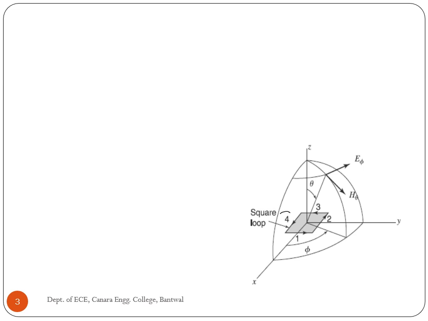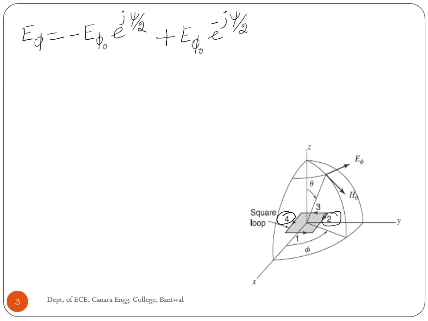Since the individual small dipoles 2 and 4 are non-directional in the YZ plane, the field pattern of the loop in the plane is E phi is equal to minus the electric field of dipole 2 plus the field of dipole 4 with phase e to the power minus j xi by 2,